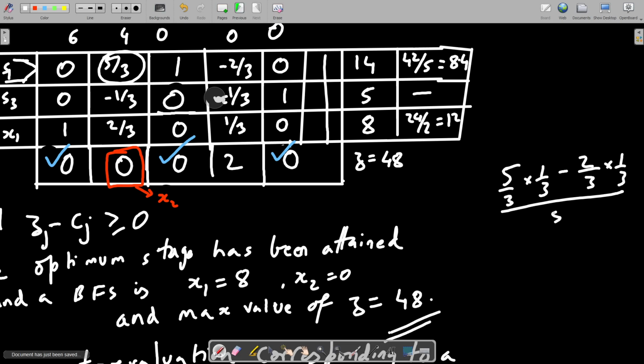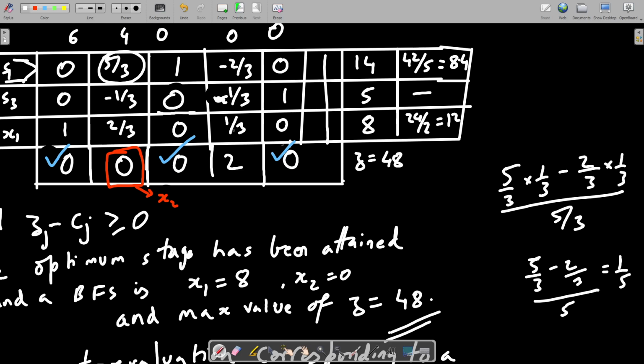Okay, the whole divided by 5 by 3. So 3's are cancelled here, so this is going to become 5 by 3 divided by 5. So this will become 3 by 3 divided by 5, that is 1 by 5. So 1 by 5 is the entry here. I'll write it later there. So this is equal to 1 by 5.